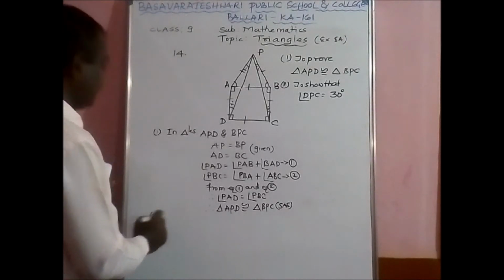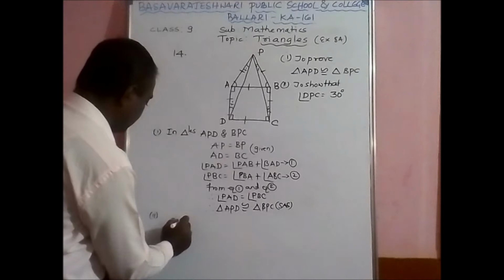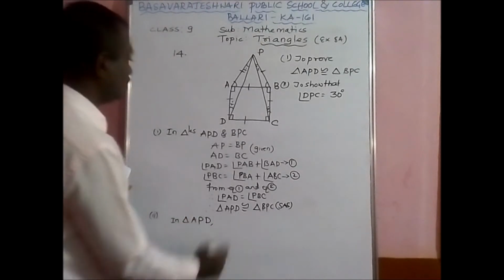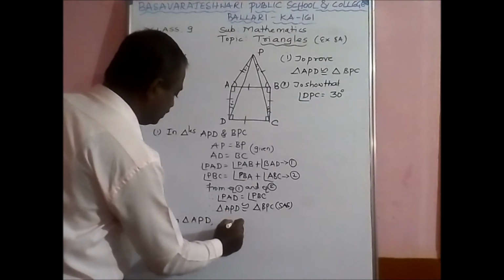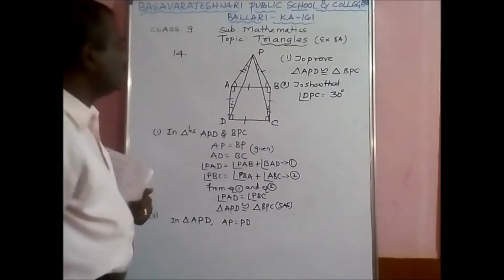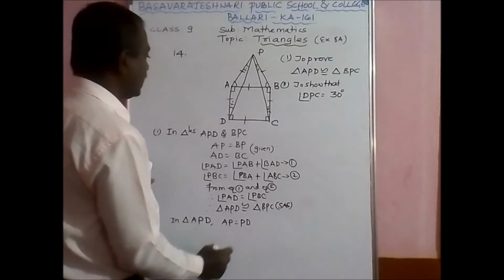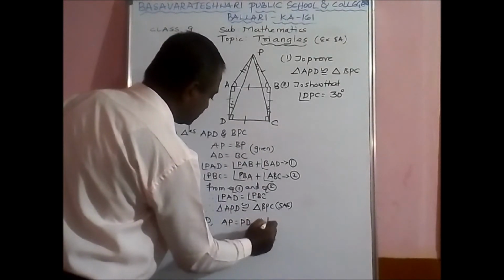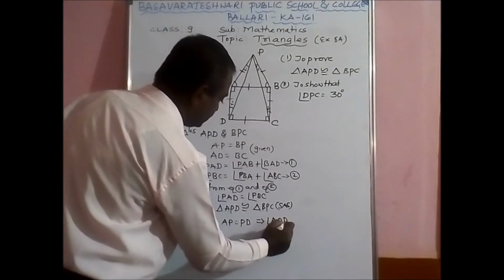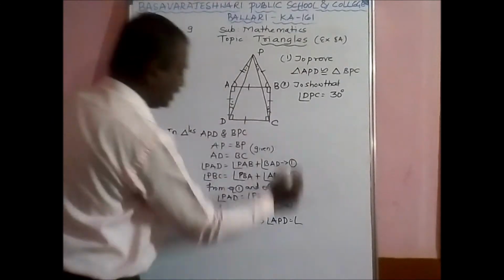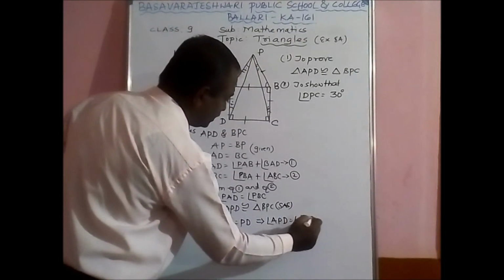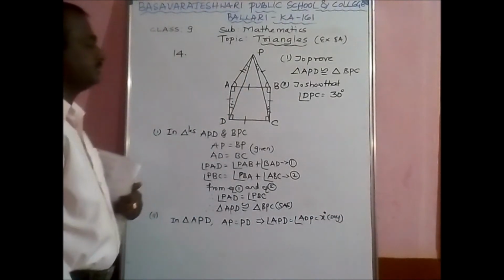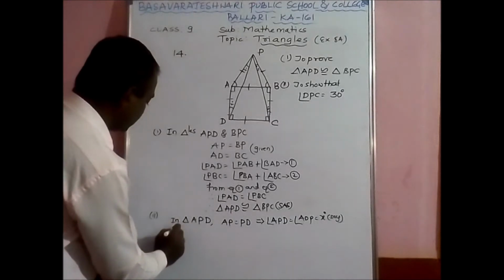In triangle APD, which two sides are equal? AP is equal to PD. Therefore, two angles are also equal. What are our angles? Angle APD. This implies angle APD is equal to angle ADP, is equal to X degree each. Similarly, in triangle